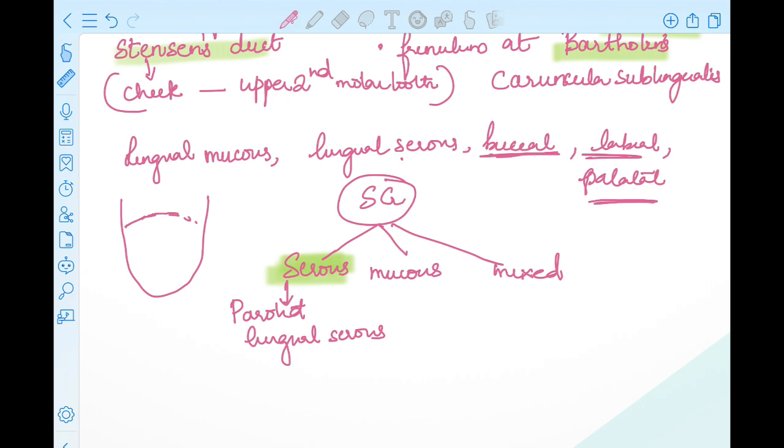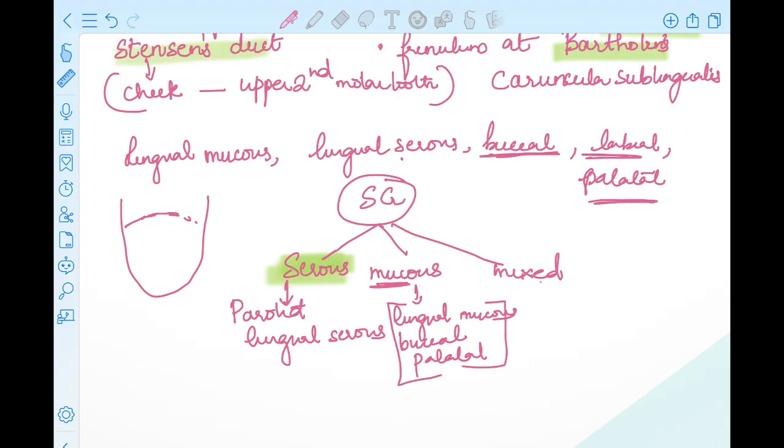And coming to mucus glands, they predominantly secrete thick, viscous, mucin-rich saliva. From the name itself, you understand they are mucin-rich. So the examples of this are the lingual mucus, buccal, and palatal. So from that, it is well understood that most of the minor salivary glands come under this section,